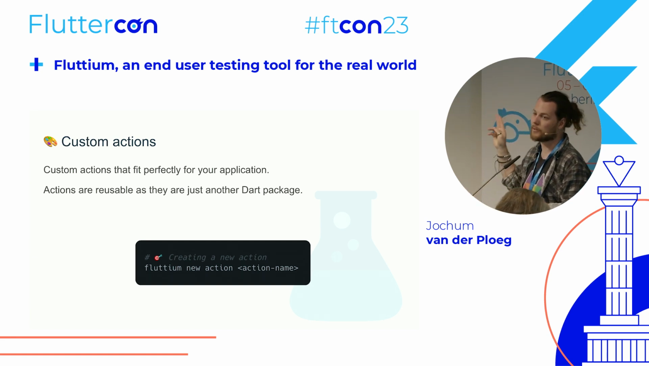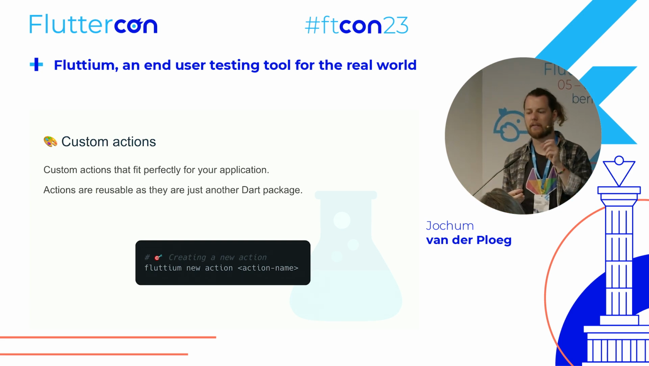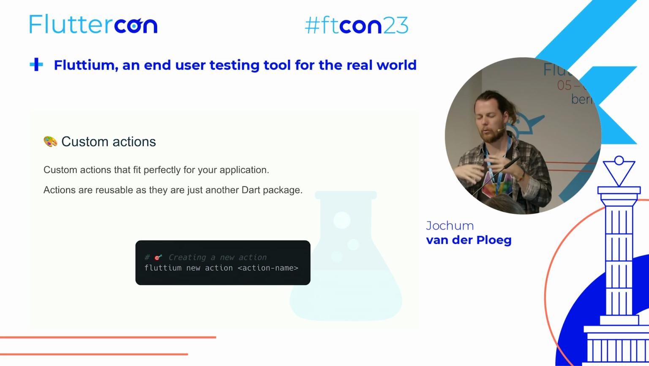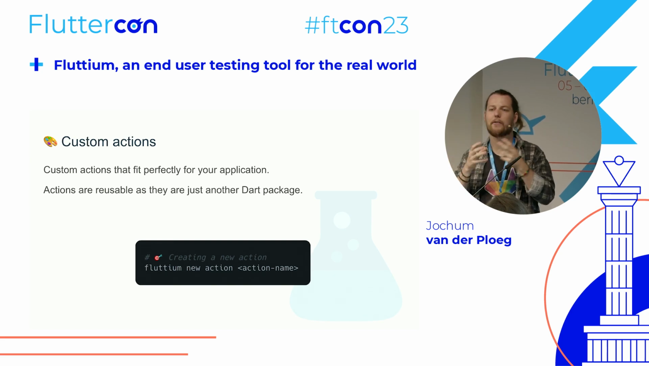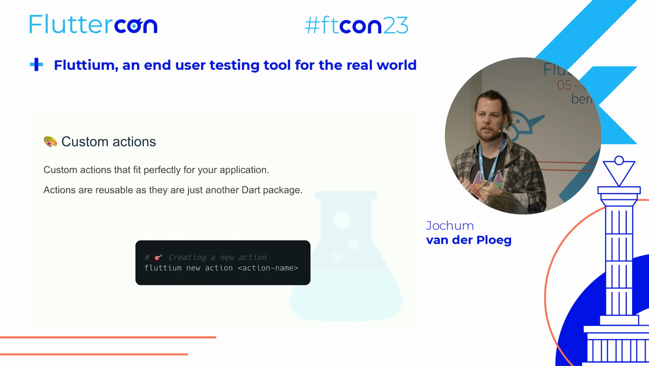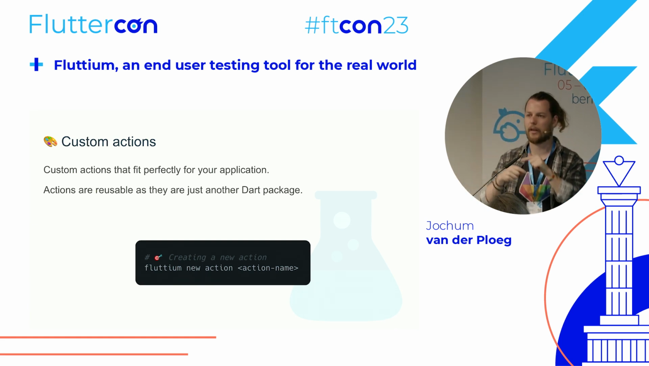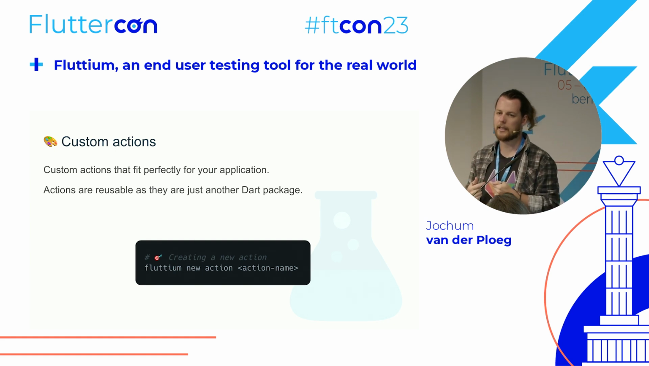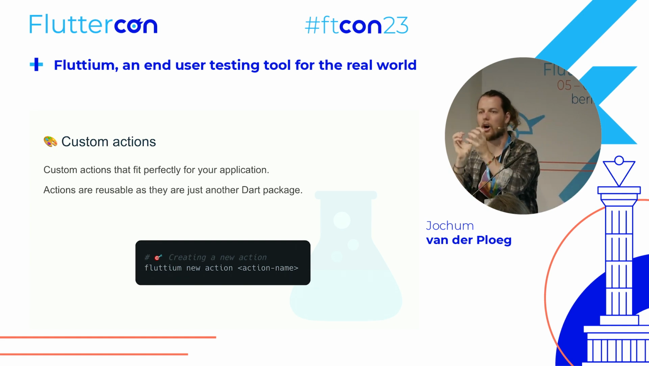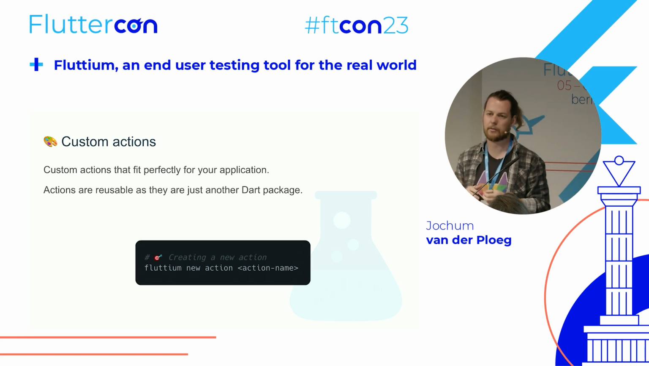But the custom actions is where Fluttium shines, in my opinion, because you can create your own action that's specifically tailored to whatever your application needs. So if your application has a certain specific thing that it has to constantly do, like for instance, pull down to refresh, and instead of doing drag down, wait for this to be visible, wait for it to be gone, and then perform the next action, you can just create a custom action that does all of those steps. You can even refer to built-in actions that Fluttium provides,